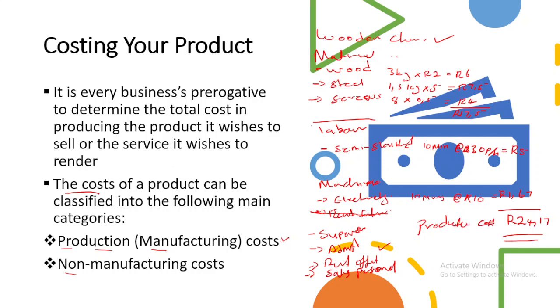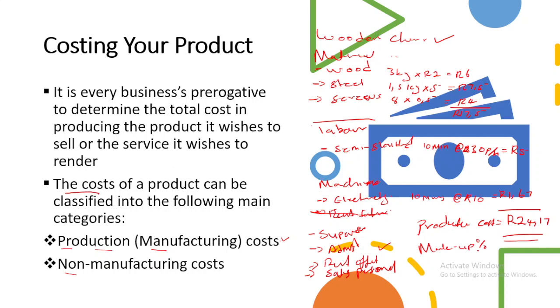So this will be your production cost. While this is your production cost, you can identify your selling price through the production cost. You can then determine what is going to be my selling price based on the production cost. But when you determine your selling price, you're going to add what we call